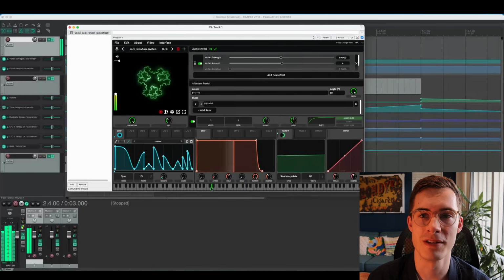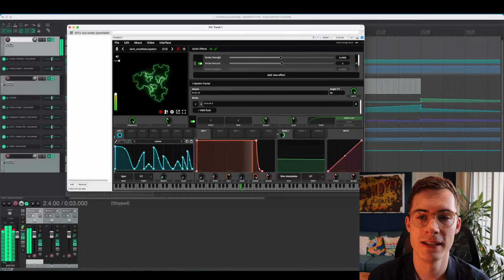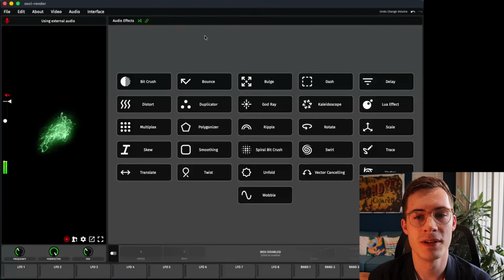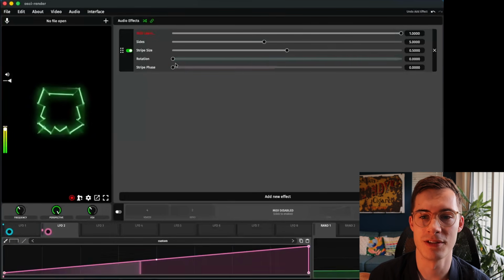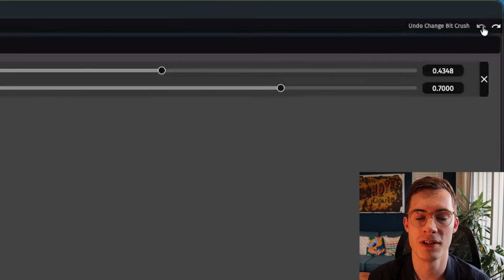I've just released osci-render 2.8, which is the biggest update yet. It comes with several new features that people have been asking for a very long time, including a completely rewritten synth and modulation engine, system audio capture, the ability to map MIDI CC messages to parameters, undo and redo support,